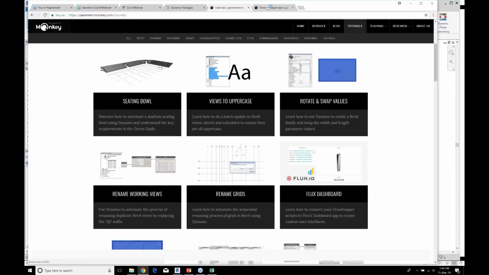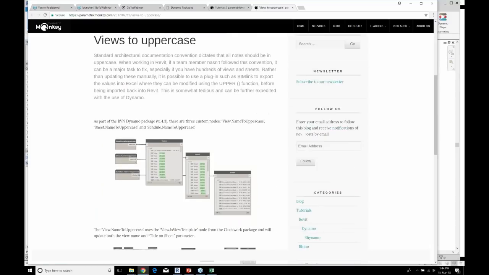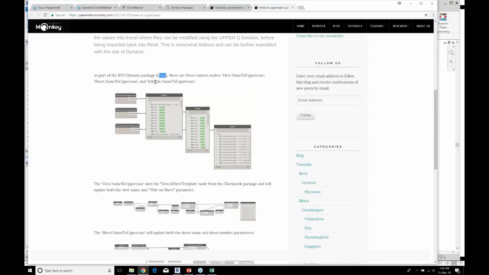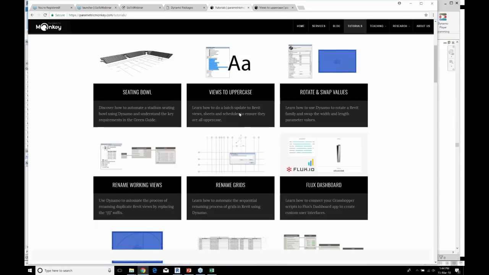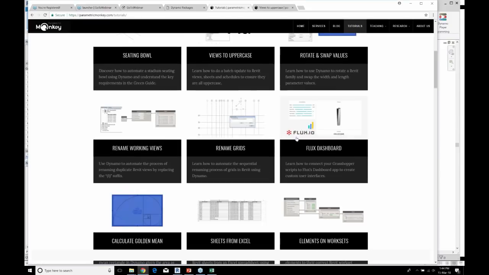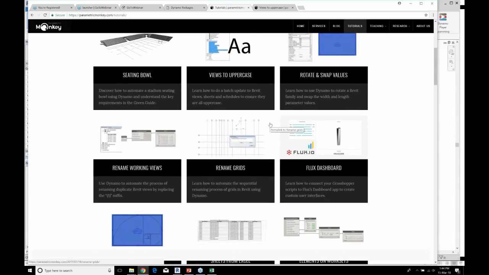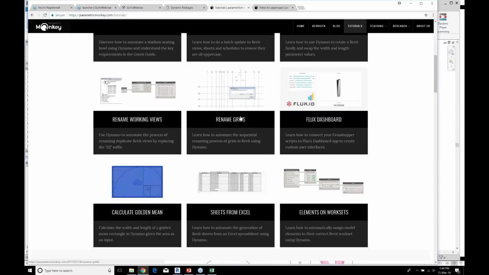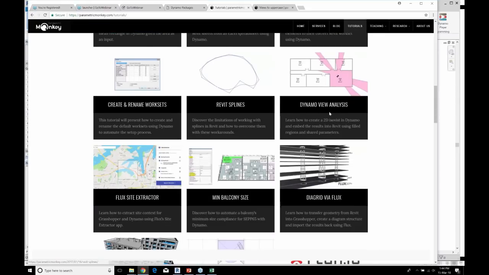So we see views to uppercase. We'll explain how to do it, and which version it was created in. And there's a whole bunch of other ones that you might want to explore that we simply didn't have time for today, like renaming grids, or if you want to create view analysis, etc.